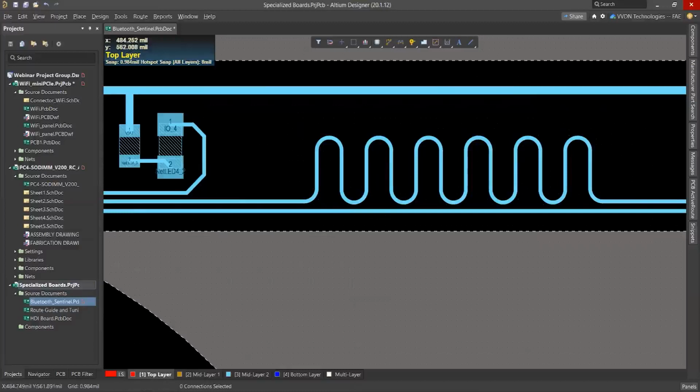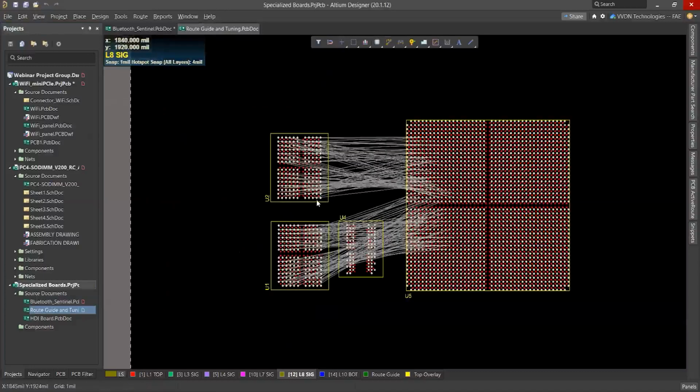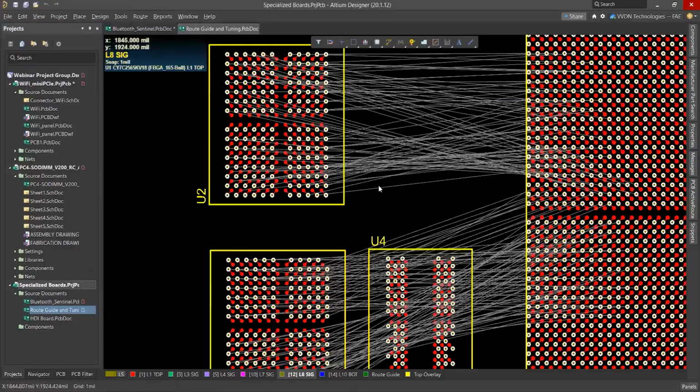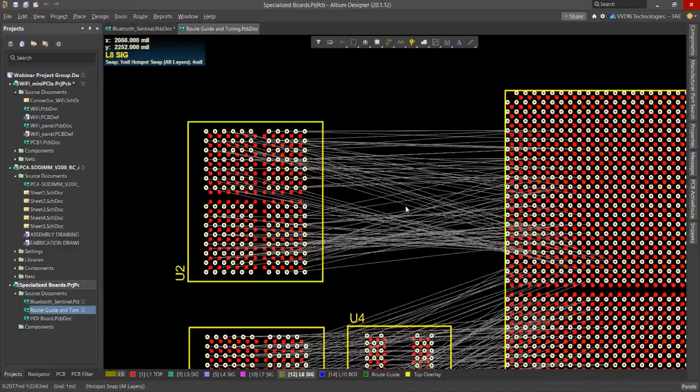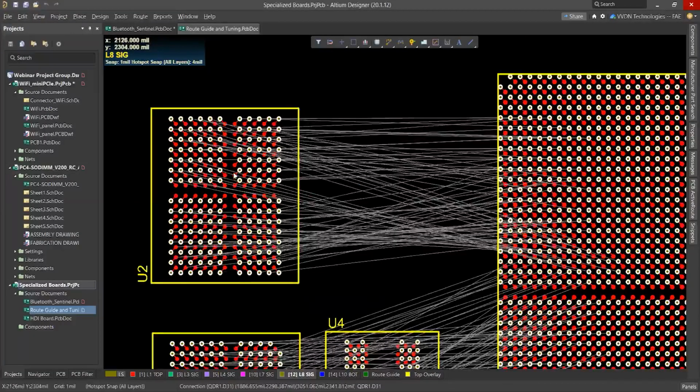Okay. Apart from that, we can do routing also for BGA components. Okay. So here you can see those unrouted nets are there. From there we can directly select nets. Once you've selected, then you can go for panels.